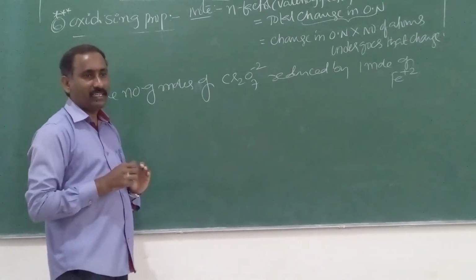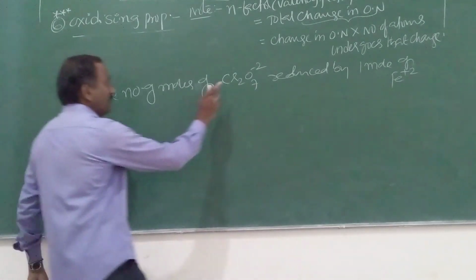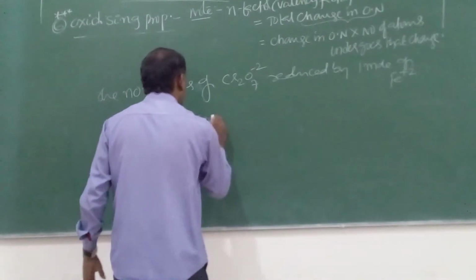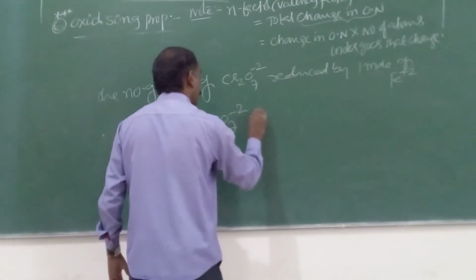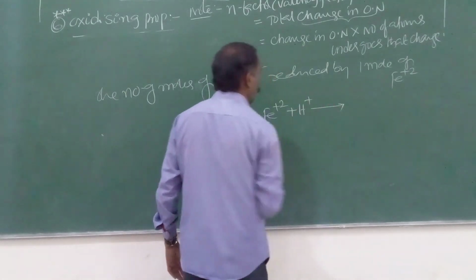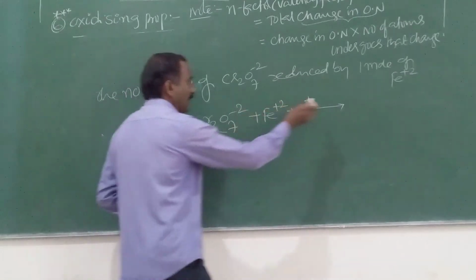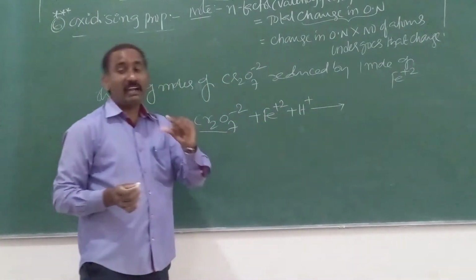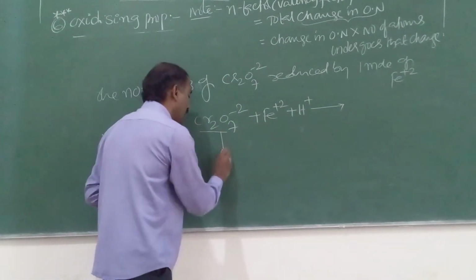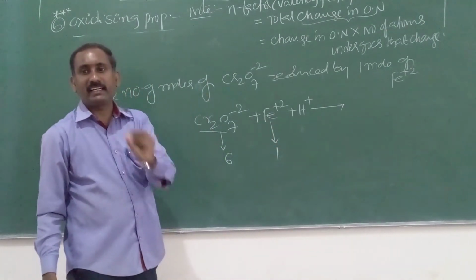Directly we are not able to identify it. In previous objective exam questions, first we have to write the balanced equation. Here there is competition between these two, dichromate versus ferrous sulfate, in the presence of acidic medium. If you remember the products it is easy, otherwise you should remember directly. If you are not remembering the products, no problem, but the n factor is enough. Dichromate n factor is fixed as 6. Ferrous sulfate n factor is 1. Whenever ferrous is there, n factor is 1.